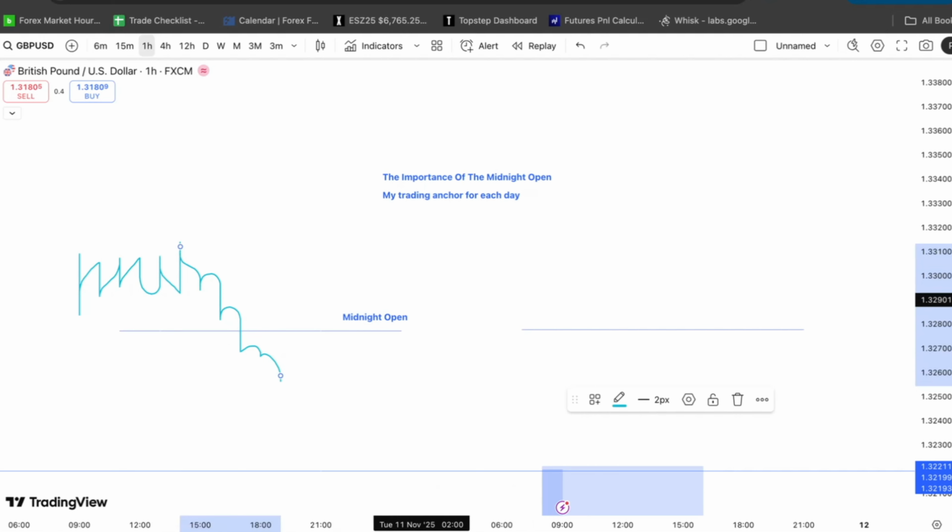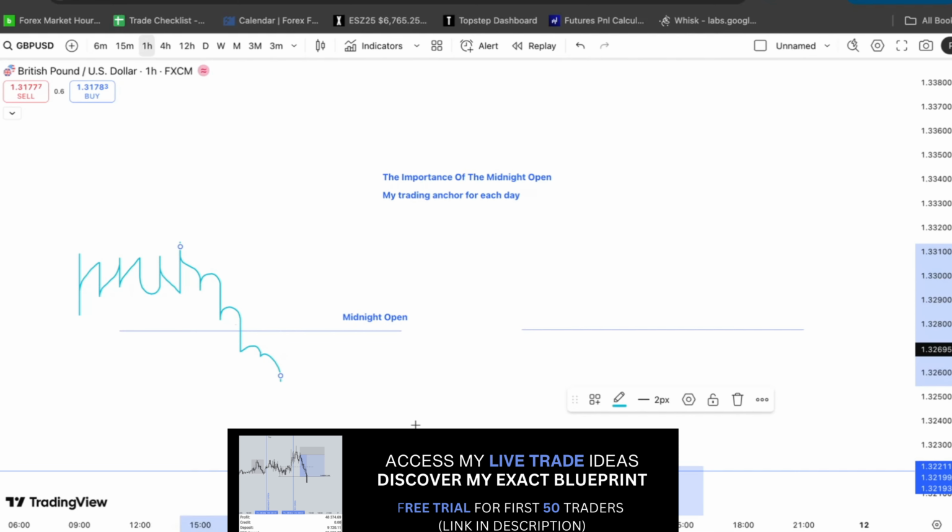We can then use midnight open as our anchor and understand that at this price is seen as a discount on the day, because when Asian session traders and London session traders were in the market, they were buying at a price higher than the midnight opening price. So New York traders can then take advantage of this by opening heavy buy positions right below midnight open. So this line is basically going to give us premium and discount inside the market, depending on where we're at when New York opens.